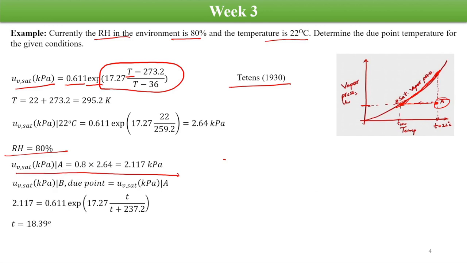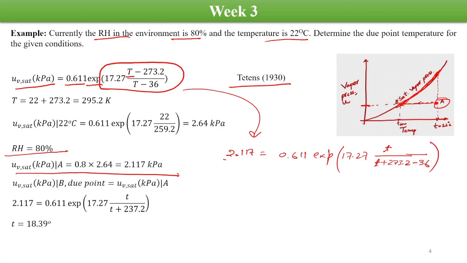So this time we are keeping the vapor pressure the same and the temperature as unknown. We'll use this expression again, and we can write the vapor pressure saturated at 80% humidity is 2.117. That will be equal to 0.611 exponential 17.27 times T, where T is the temperature in degrees Celsius which we need to determine, upon T plus 273 minus 36, which is already there. Okay, now if we solve it,